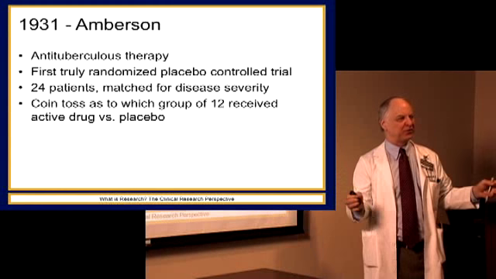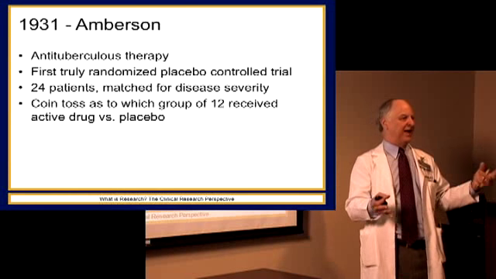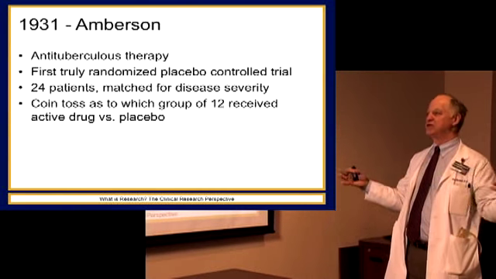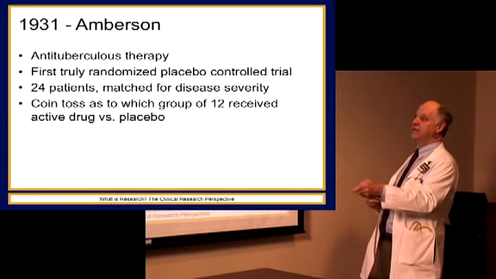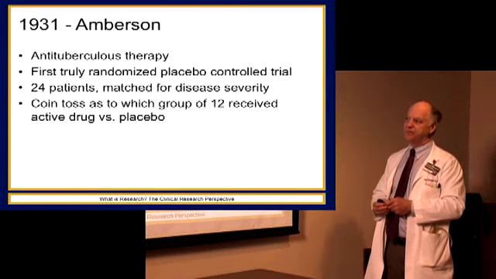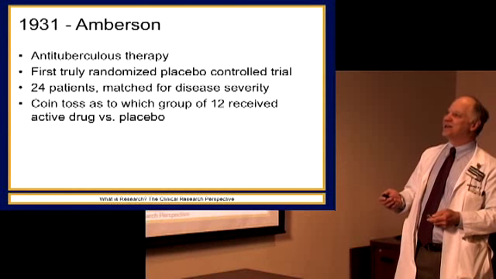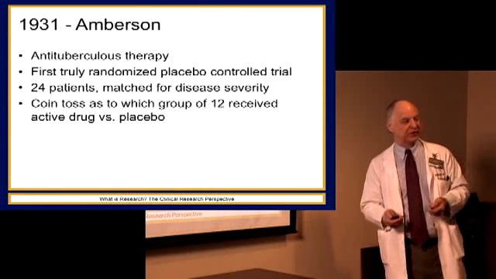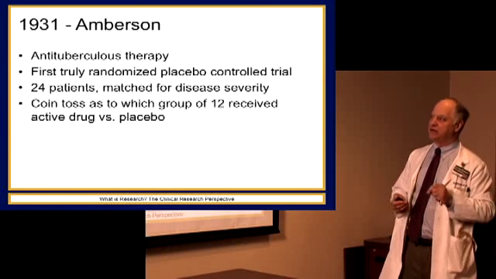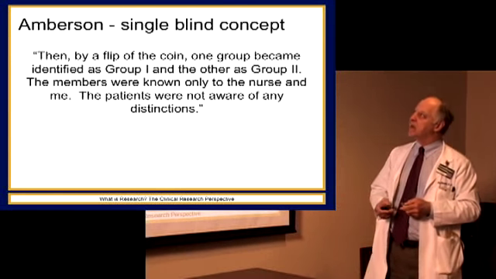Because if you divide people into 2 groups and you flip the coin, it could very well be these groups are quite unbalanced. Just by chance, they'd be unbalanced. So you have a better chance of having a nice distribution of patients if you do individual randomization. So this would not be typical today, but it was cutting edge at the time as to how you would do things. We don't do coin tosses anymore either. So he was able to show that this one of the early drugs for tuberculosis was actually useful, not anywhere near as good as what we'd like and use today, but at least it was progress, because at the time there was no hope for these people.